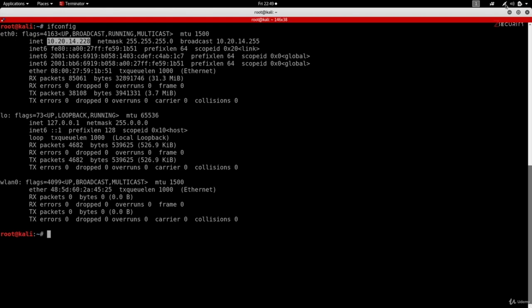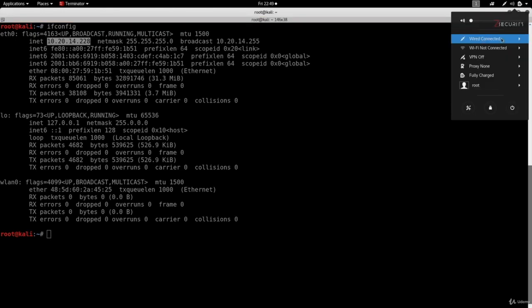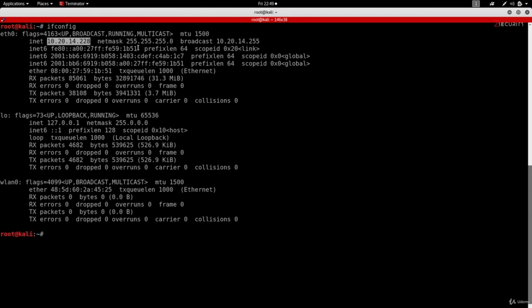So if we go here, we can see it's saying wired connected. So this is the interface that represents the wired network that Kali is connected to, which is actually a virtual NAT network. You can also see the netmask, the broadcast, and a really important piece of information, which is the ether. This is the MAC address